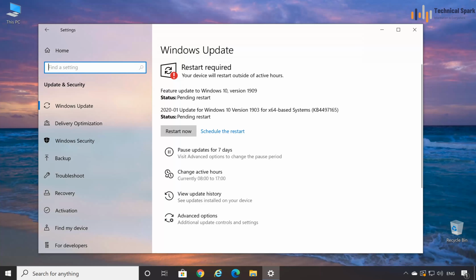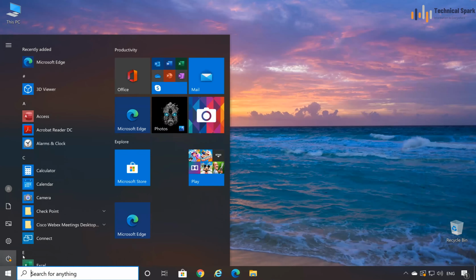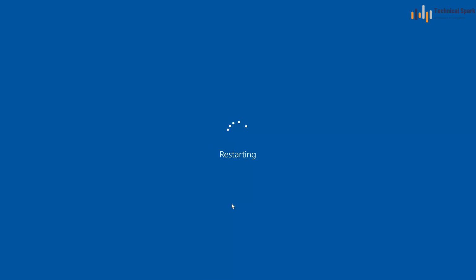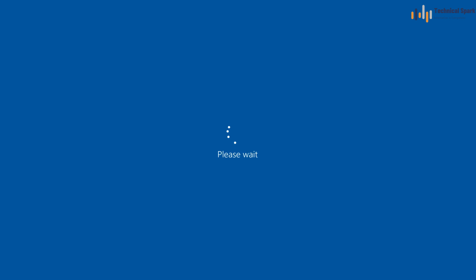My Windows 10 is updated to the version 1909. So let's restart the PC. Update and restart. Guys, whenever your system is installing updates while restarting or shutting down, please don't shut down your PC or turn off the power cable, because it may cause some serious damage to your operating system, which will force you to format your computer, and there are chances that you might lose some of your data. So please take note of it.